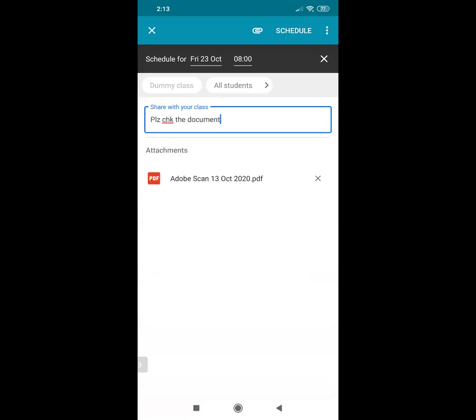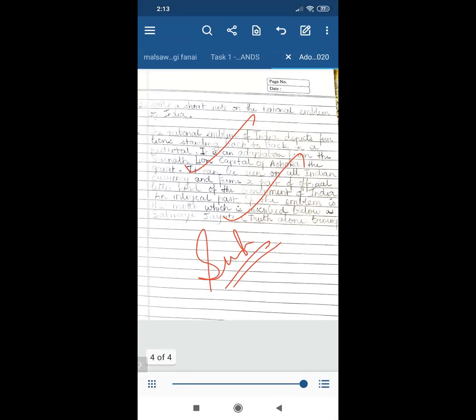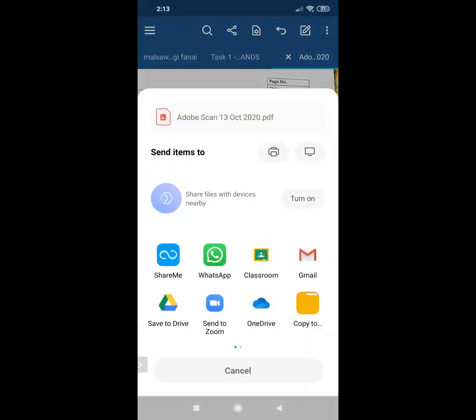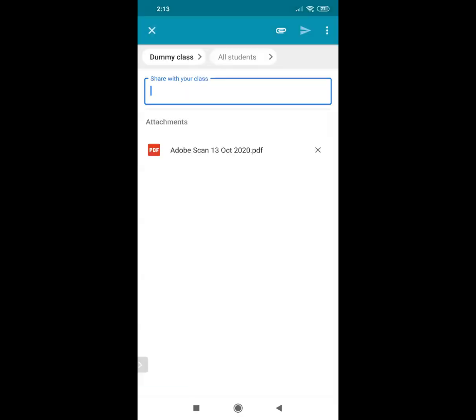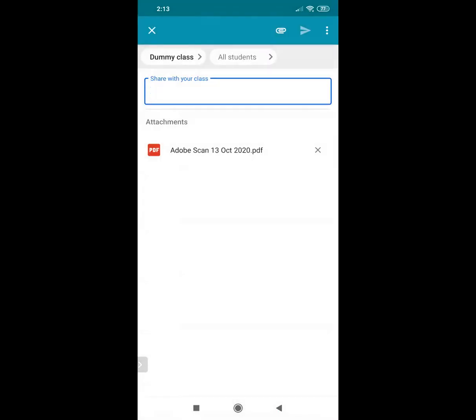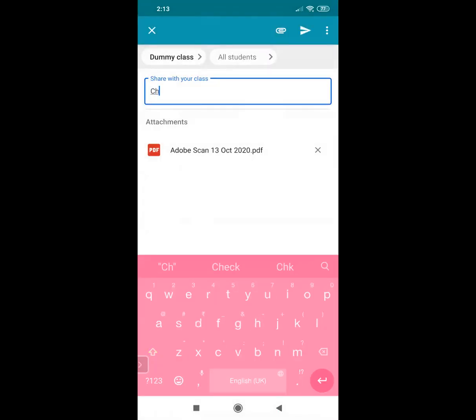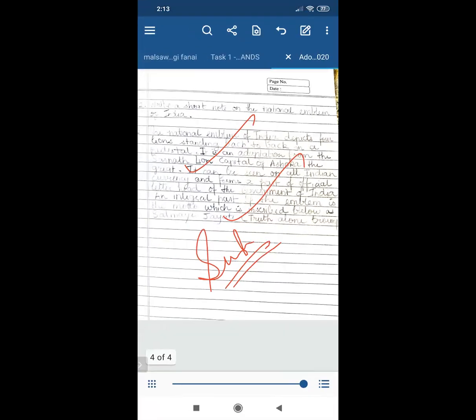In that case, I'll just go back. Let's say to start, I don't want to really save that schedule. Once I share again back to my classroom announcement, it's picked up. I just say yes, one student only. If I want to write something, I write that and I just say share, if you want to share it then and there. So I click on this triangular button and the data gets shared.